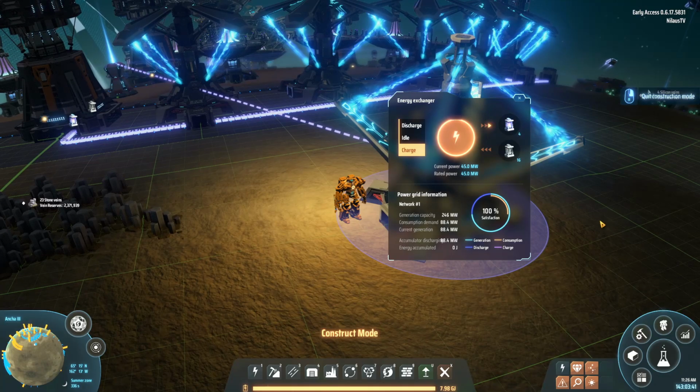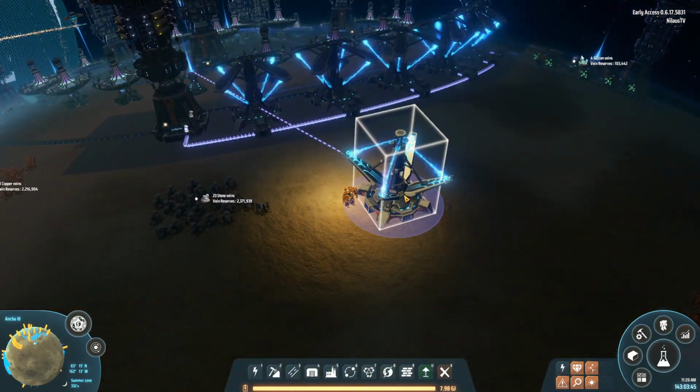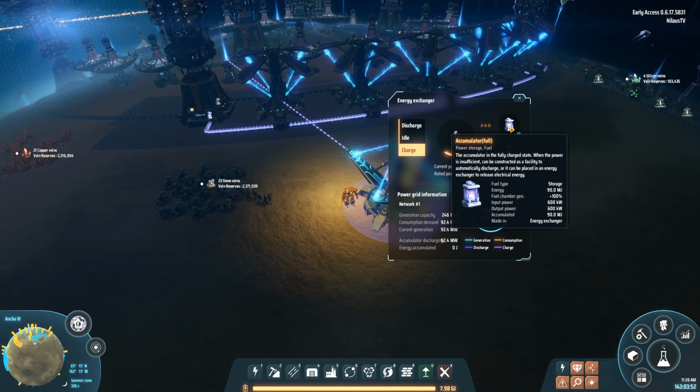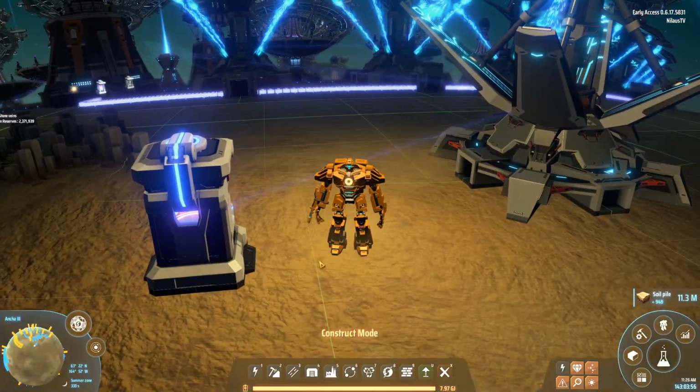Now in this case, you can say it's a bit silly that I'm both discharging and charging at the same time, but that is a feature that you can do. So that's the very core of it. They do take charged accumulators. The interesting thing about accumulators is that there are buildings that